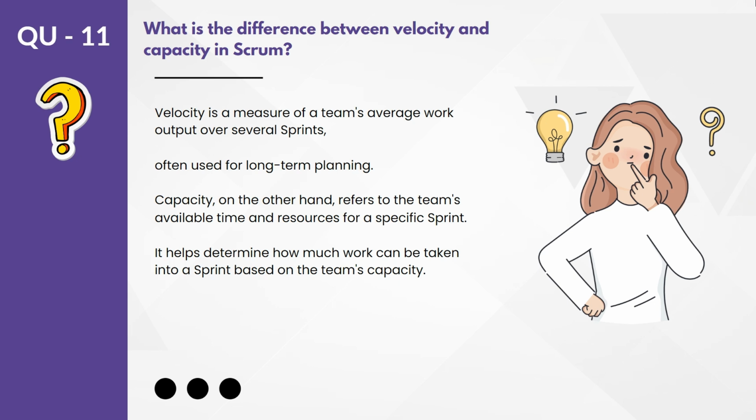And if we talk about 10 days, then it will be 200 into 2, 400 hours. So that's how 400 hours is the team's capacity for the given sprint. But this is not so straightforward. So that is the total capacity we are taking as of now. Okay, so 5 members, 10 days each, 8 hours per day. So we are reaching the calculation of 400 hours in 10 days by 5 members.